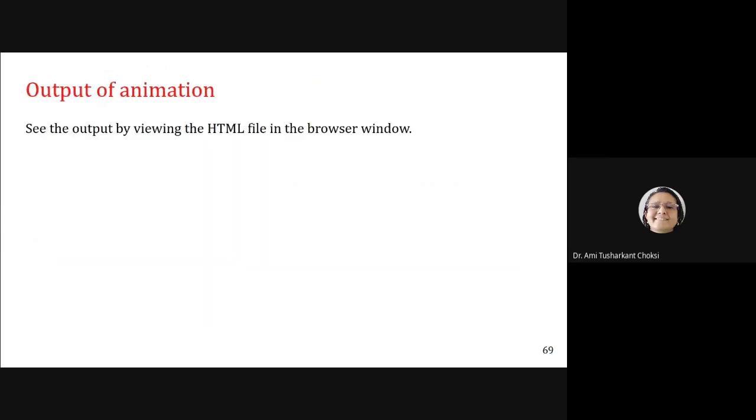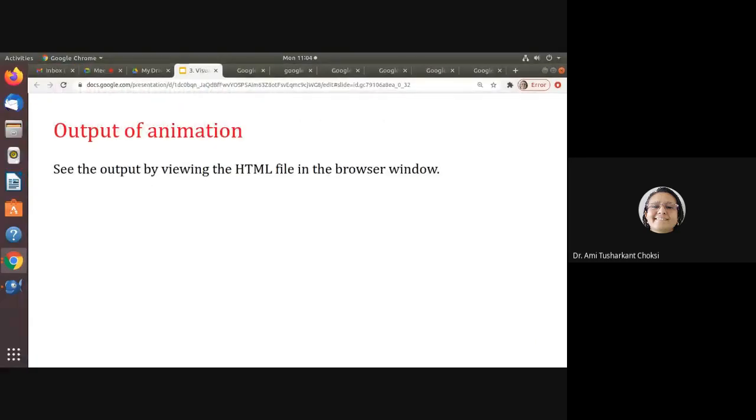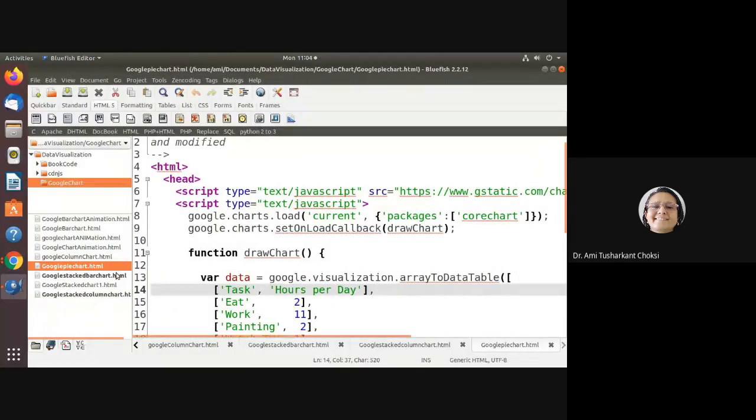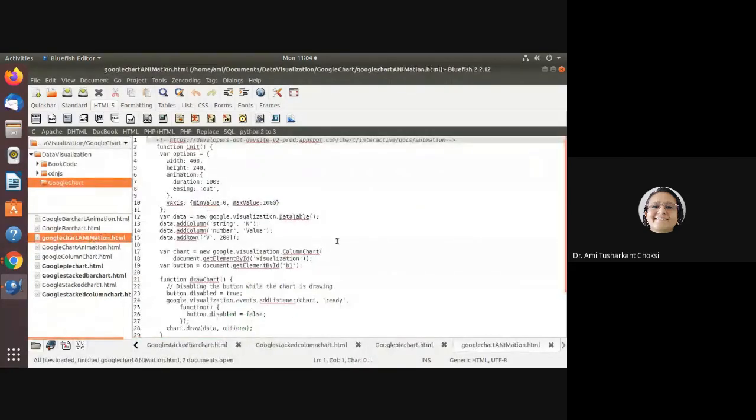So what will be the output of it? For that we can see the output here, Google chart animation.